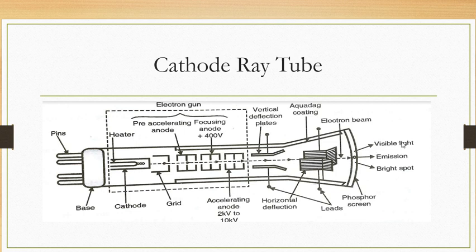And here from this side we are watching this. Okay, so this is a single dot, we can say. So the whole screen will be there, but this is a single dot. So here we are getting a visible light. Okay, and if you see, different types of coatings are applied, like aquadag. So we will see afterwards these each and every point one by one. Okay, so let's have a look first at this electron gun assembly.